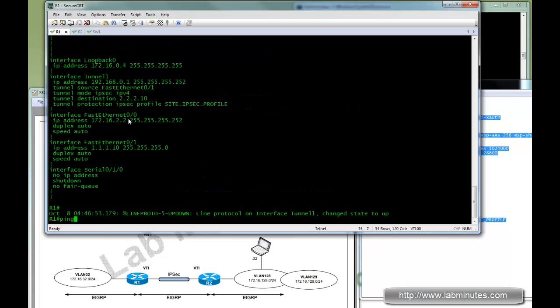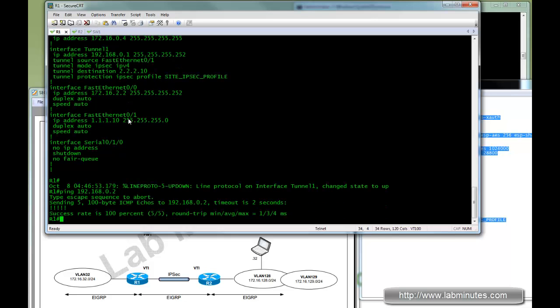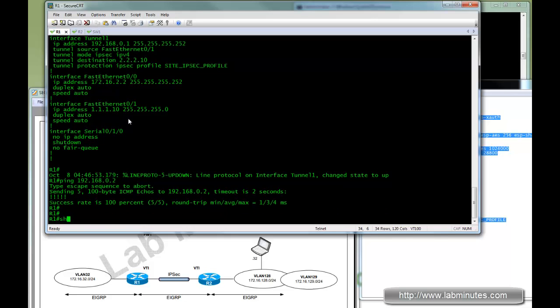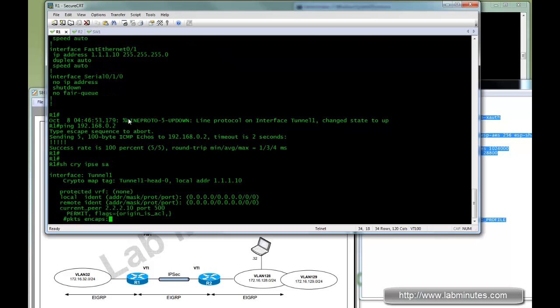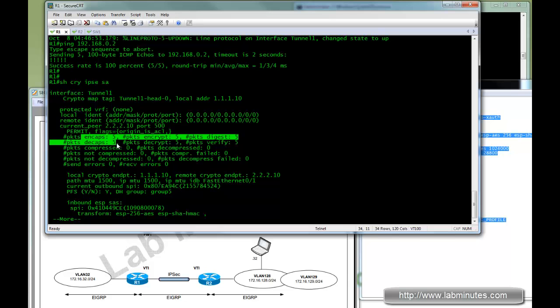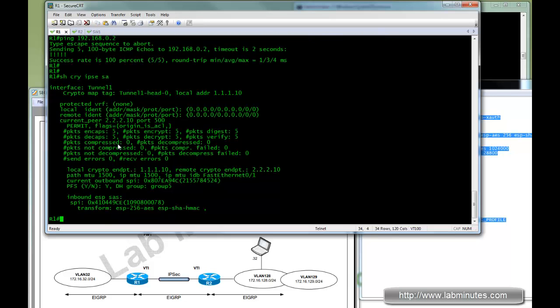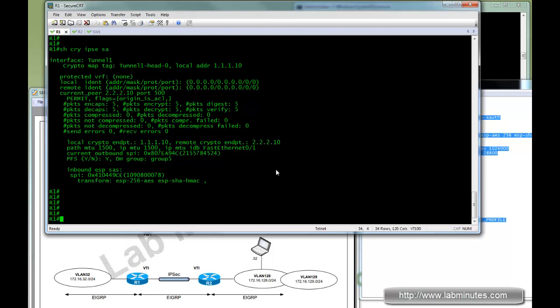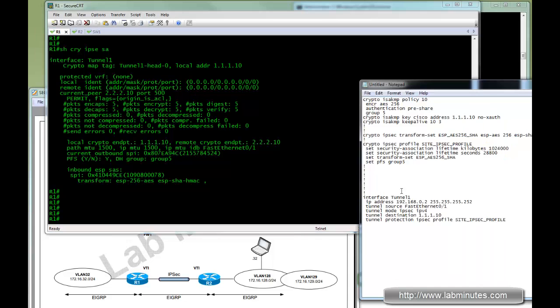So on R1, you can try to ping the R2 tunnel interface, and we have a successful ping. Going back and taking a look at show crypto IPsec SA, we have 5 encaps and 5 decaps. Okay, so you can see the configuration is pretty straightforward, and once you configure one side, you can pretty much copy and, with a slight modification, paste into the other side